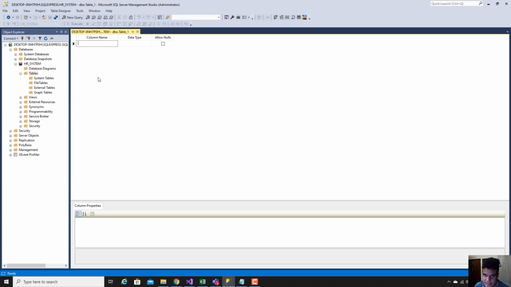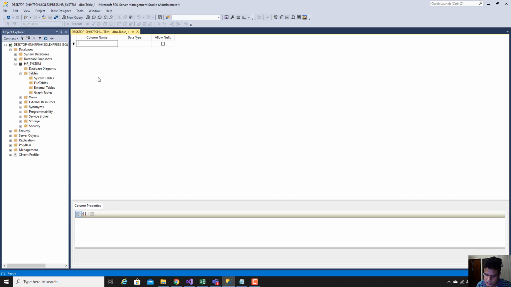Unlike other databases, here you are directly coming into the GUI where you can put the column names.